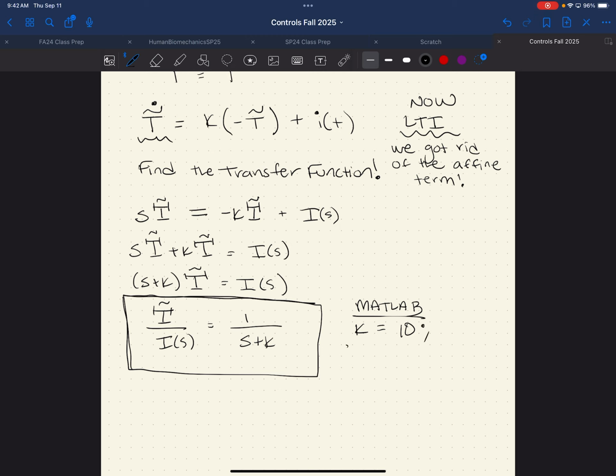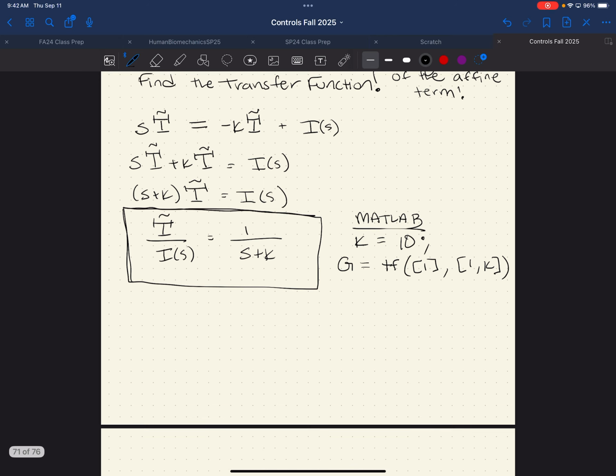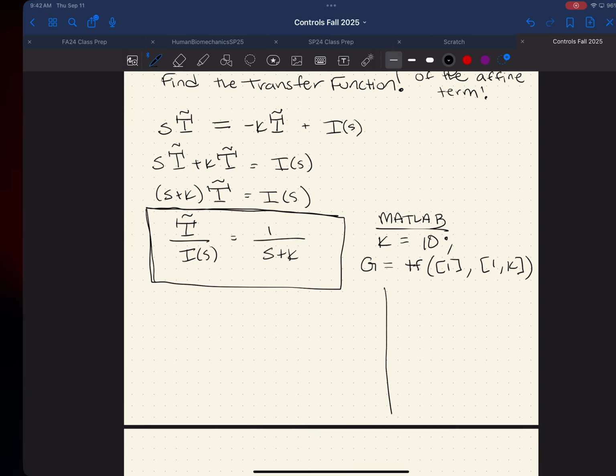And we'll set a transfer function object G equal to TF of what? What are the constants of my numerator? 1. Yep, so the constants of my numerator are just 1. And the constants of my denominator are what? 1 and K. Good. Okay. If we were to do this, we would get something that looks like